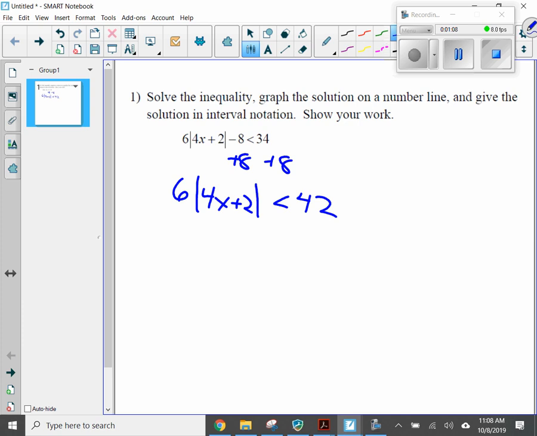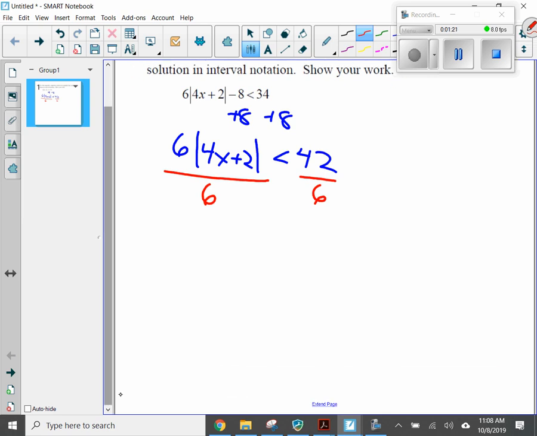Okay. And then I want to get rid of this 6. Again, I want to get this absolute value all by itself, so I can divide both sides by 6. And then I'm going to get absolute value of 4x plus 2 is less than,